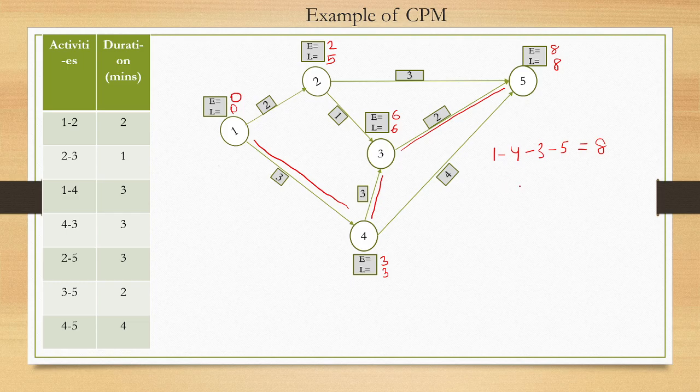Now you will ask, how to find out the critical path and the project duration using the shortcut method? So just forget about this diagram. Just look at here. What is the first activity? That is 1 to 2. So just write down here 1, 2. Is 1 coming anywhere else? 1 is coming here. So another activity which is starting here, that is 1 to 4.